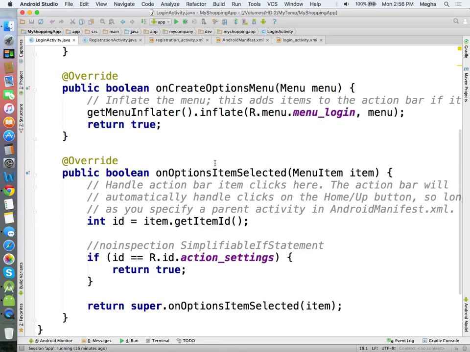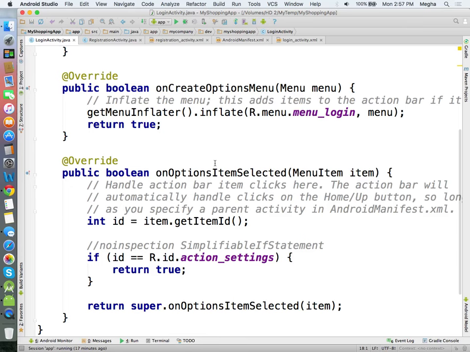R.menu.menu_login tells me to go to the resource folder R. There will be a folder called menu, and in that there is going to be an XML. That XML file is going to be loaded, and because there will be an instance of a menu which is locally available in your activity, you just pass it. So when you call this line, the particular XML will be inflated on your activity.